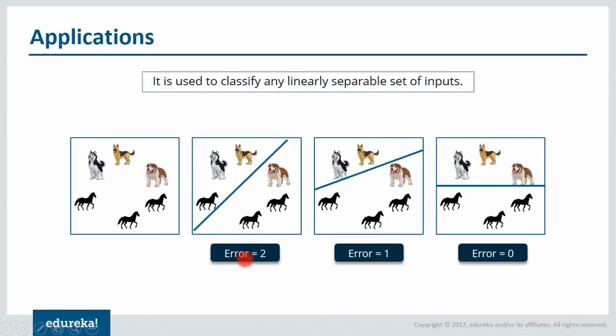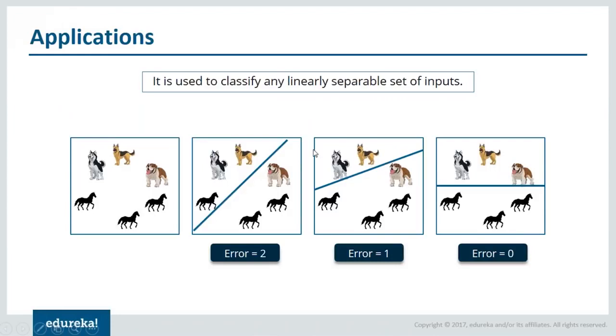Similarly, we have updated the weights. Now after updating the weights, our error has reduced. We have classified all the horses correctly, but one dog we have classified wrong, and we have considered it as a horse. So our error becomes 1. Once again, if you can remember, steps 2 and 3 of our perceptron learning algorithm will be done. Then our weights will be updated and our desired output will become equal to our actual output, and we get a line something like this. So we have properly classified dogs and horses, and this line separates both of them. This is how we can use a single layer perceptron